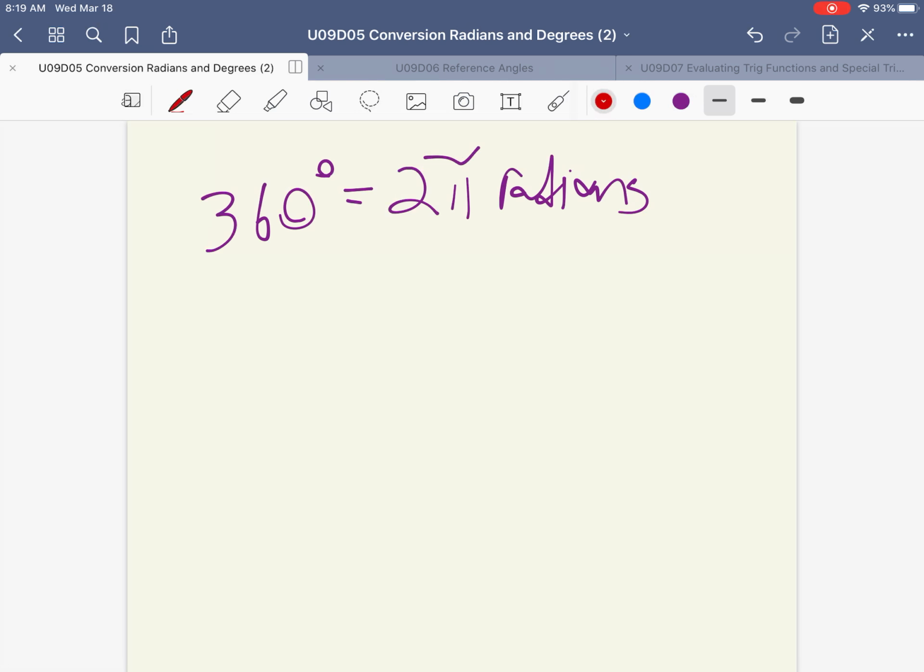So first we're going to come up with a formula for converting degrees into radians. The way to do that is to figure out what 1 degree measures in radians. So this is what 360 degrees measures in radians, so we're just going to divide this by 360 to figure out what 1 degree measures. So 360 divided by 360 is 1, so that's 1 degree, equals,